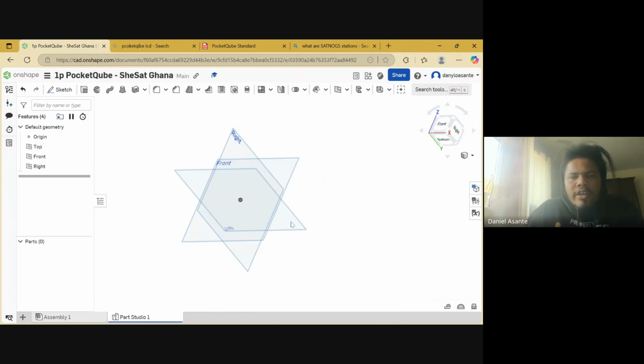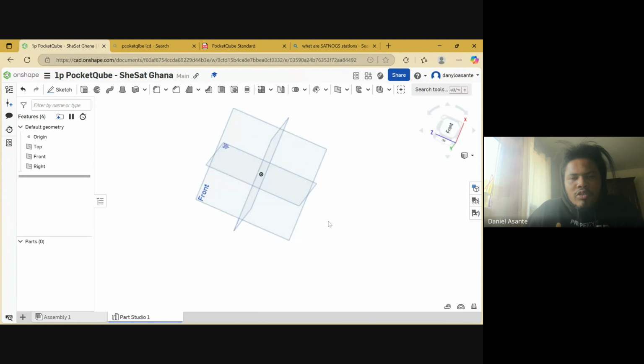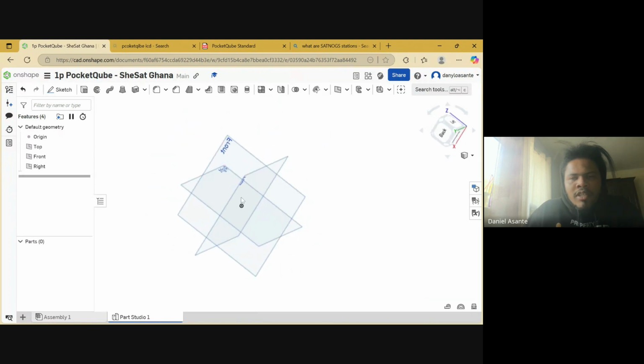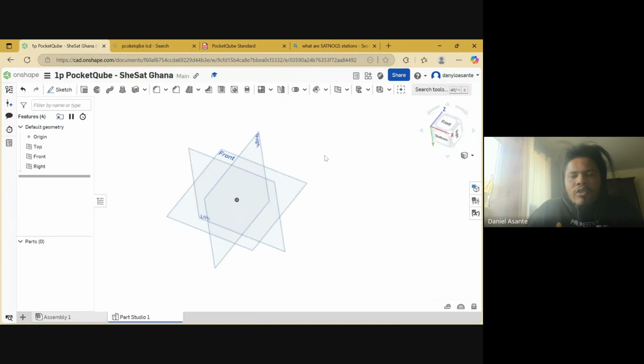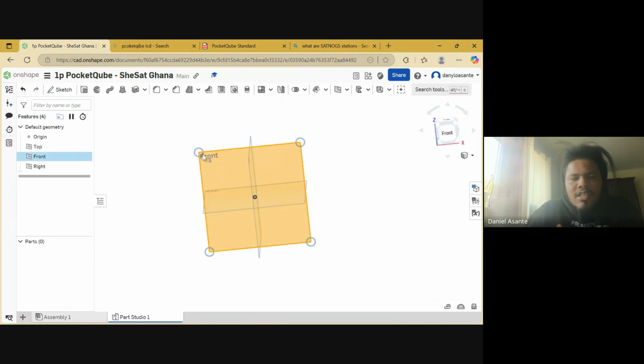So now I'm starting all over again. When you open Onshape, you have this view. Now we are sketching on the front face. So what I do is I click on the face I want to sketch, so front face, and then now